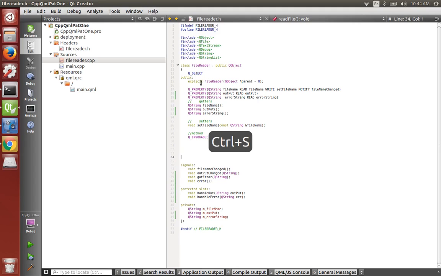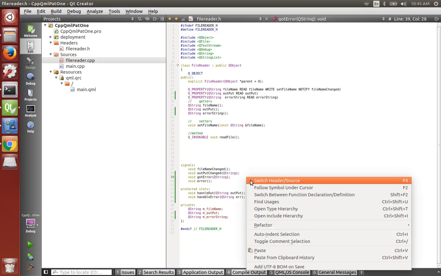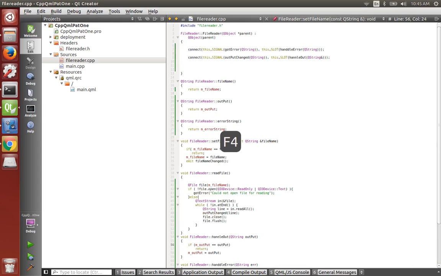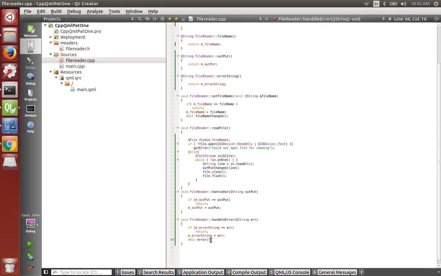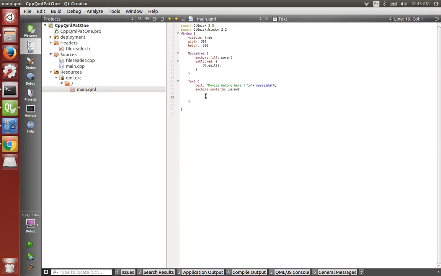Okay, so now that we have all of that, anytime that we get an output change signal, it's going to pass it over to our handle out, right? Anytime we get an error signal, we're going to pass it over to the error handler, right? And then we also have this signal called error right here, which is just a void signal, and we can see that right here we have this emit of this error. So in QML, we'll know that there's an error, right? So if we go back over here to our main.qml right here, and we go in and we say